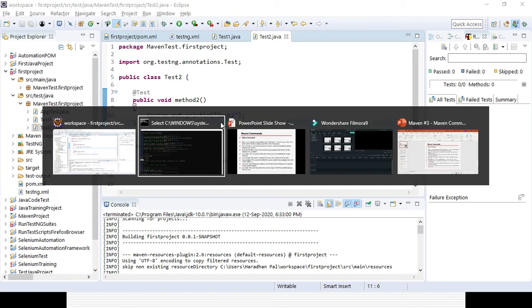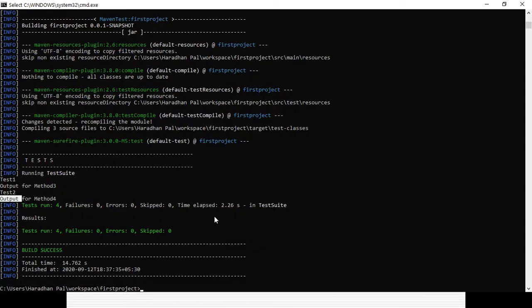I am running it through the command line, right? Now instead of writing these three things, where first it will clean the project, then compile it, and then run it through Maven test, if you are not using clean or compile and simply type mvn test, by default it will first clean the build, then compile it, and then run it to give you the final output. So no need to worry if you are not running Maven clean or Maven compile separately.